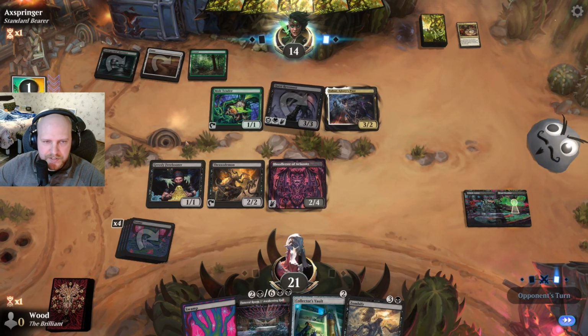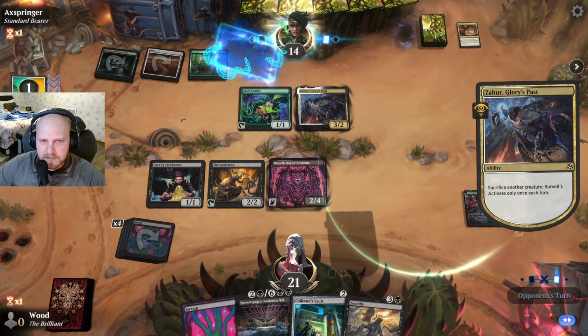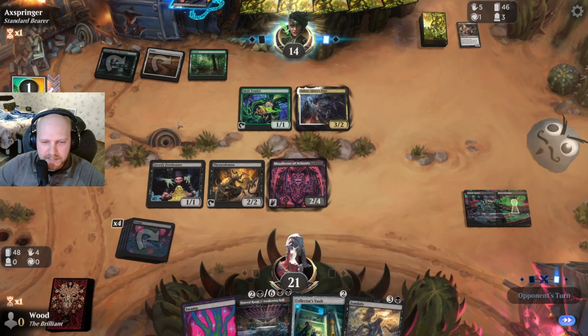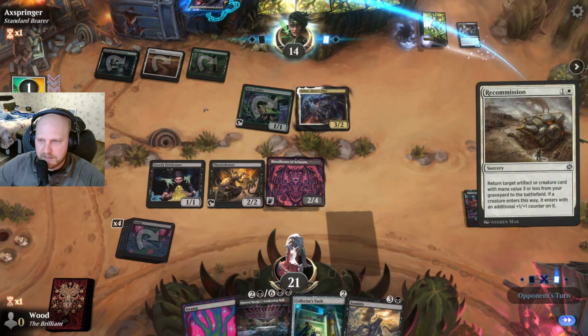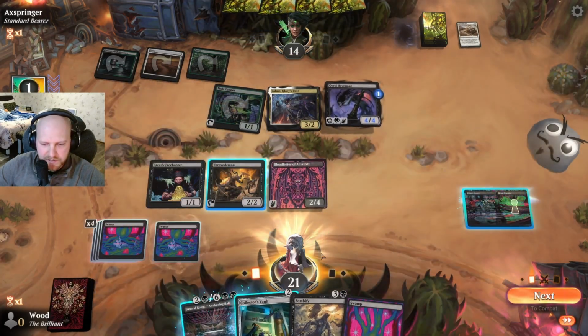Sacrifice another creature. So they do have 2 mana. They're going to sacrifice that boy. They get to surveil. They don't want the tangled colony of rats. We can attack over the top, though. Oh, no. Okay, return to the battlefield. Yeah, so that was a nice combo from the opponent, but